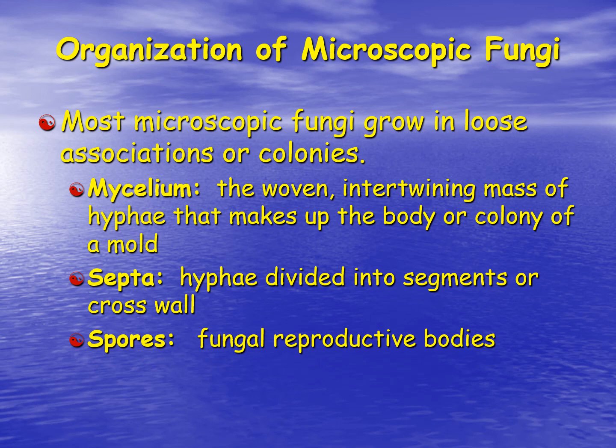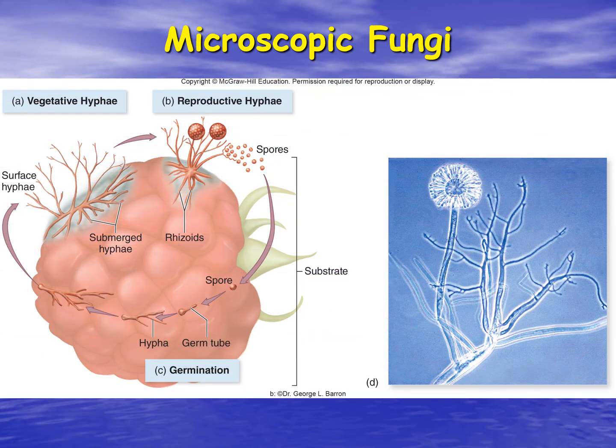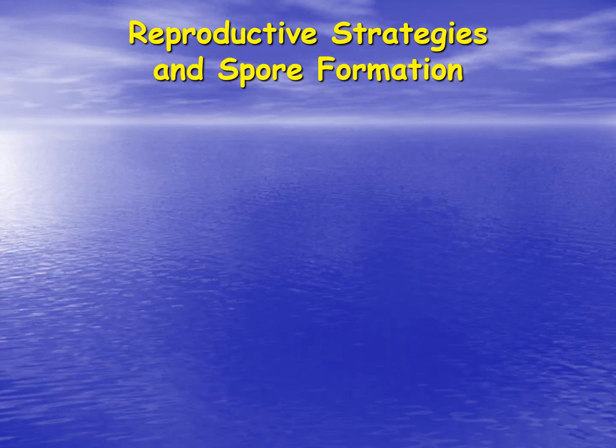And all fungi reproduce asexually, and they reproduce by forming reproductive spores. So off of the mycelium, we will actually see reproductive hyphae that will then produce the reproductive spores. The rest of the hyphae are what's known as vegetative hyphae, and these are what are absorbing the nutrients from their environment, either from the dead organic matter or from a living organism.